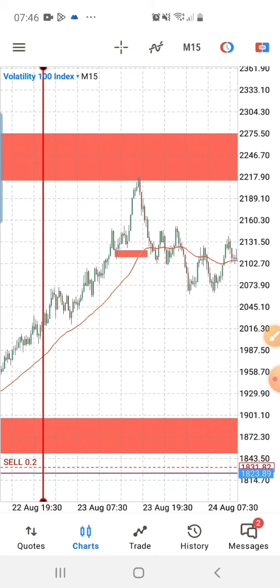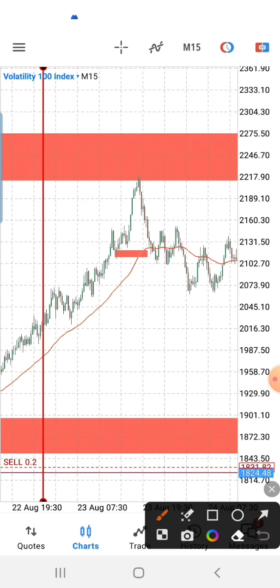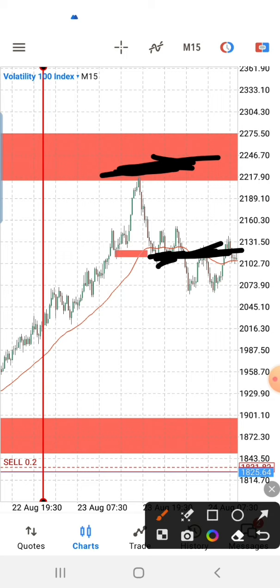So now if you look at this point, this is the point the price closes below this moving average. So once the price closes, you make your entry at this zone. This is the point you are going to be selling. Then set your stop loss just above the previous swing high, right? Because we are selling, that's where your stop loss should be. And this particular thing can give you